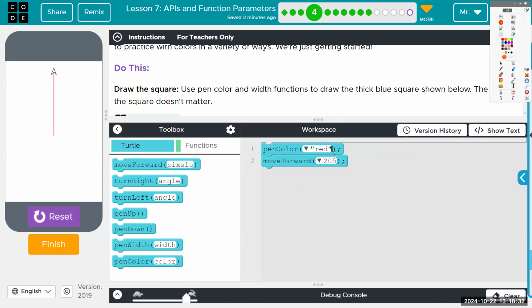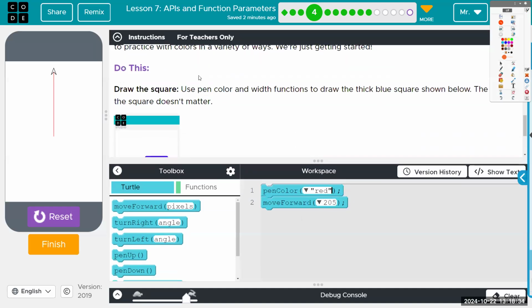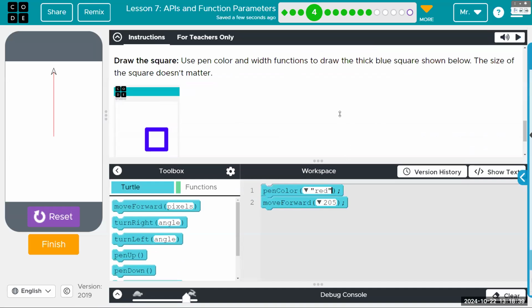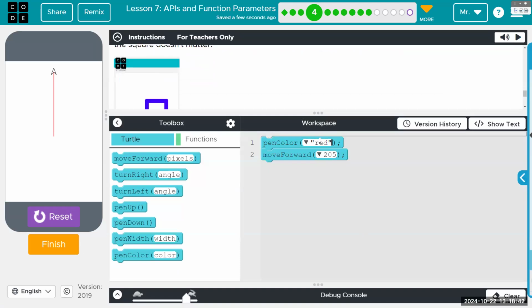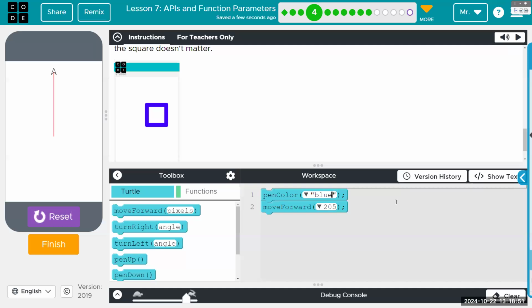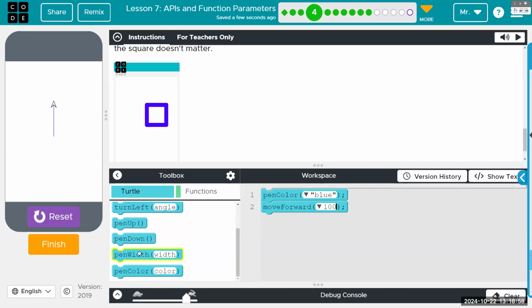Okay, but here for now we can just use named colors, and our goal is to make this a blue square. So we definitely need to set the pen color. Let's just go ahead and call it blue. And does it say a size on this? That feels like about 100 pixels. Let's go 100 just to see the first line, and it's not thick enough. Let's use pen width of, let's see what 10 does. And it's not going to do anything different